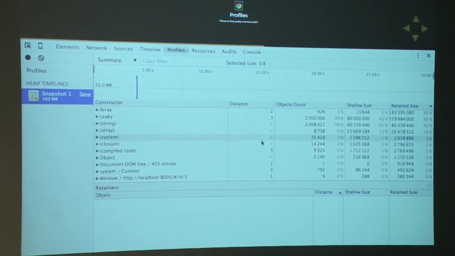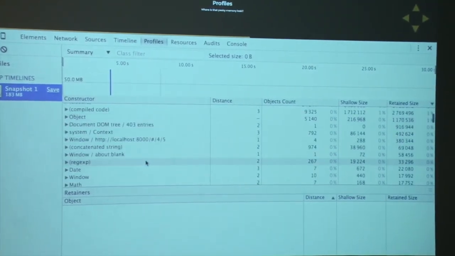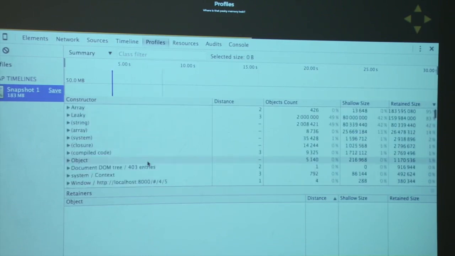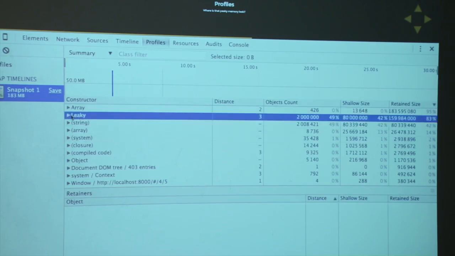So I can see a breakdown of all the different things that were allocated during that time I was running my recording, and I can see in this particular count that quite a lot of objects were created with a lot of retained size. Retained meaning it's not going to be garbage collected. So I definitely want to fix that. In order to figure out where that's coming from, I can